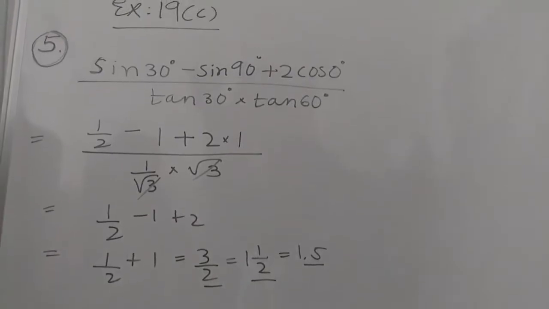Find the value. Question number 6. Without using tables, verify that. So 1 and 2 are the same type of question. I'll do number 2 for you, and the same way you can solve number 1. So here, cos 60 degree on the left hand side. There are 3 sides: one is left hand side, one is middle and one is right hand side. So we know cos 60 value is 1 by 2.